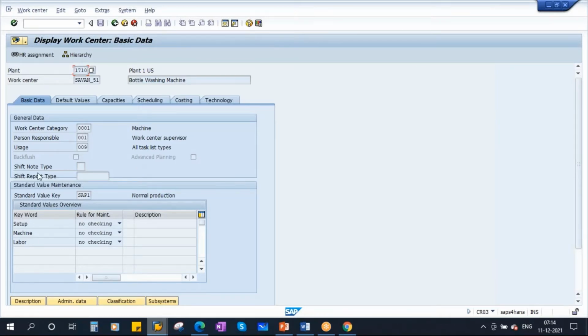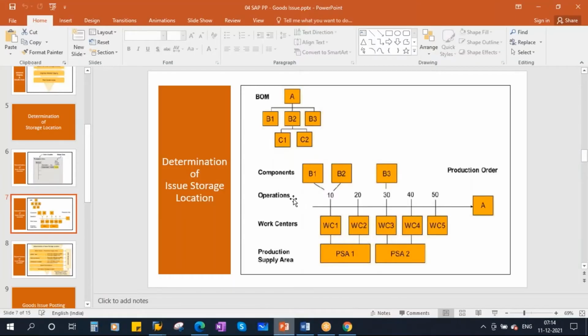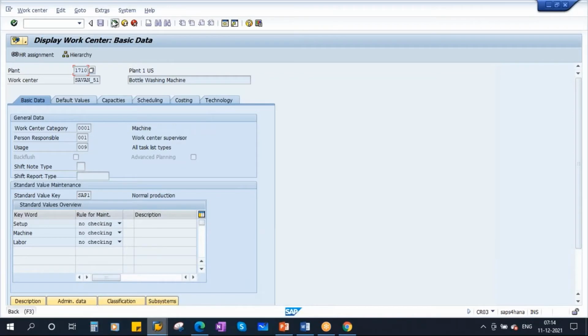A production supply area field is not showing here, but normally the production supply area field will be there. In that production supply area, you will have the storage location assigned. That is WM basically.